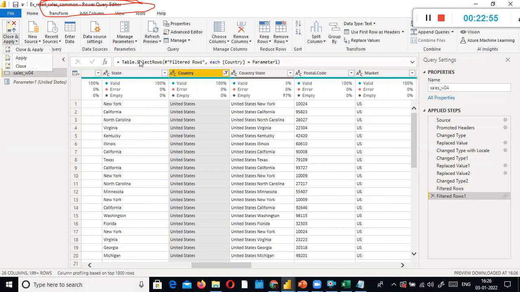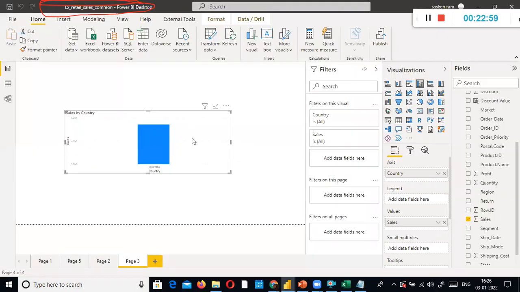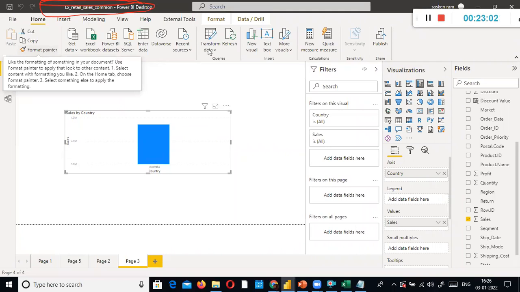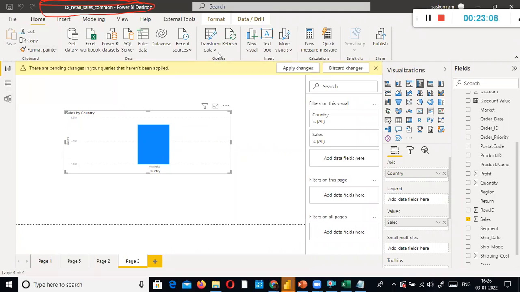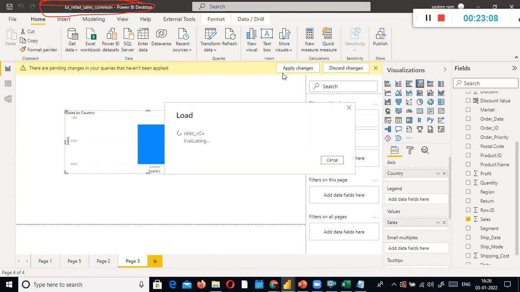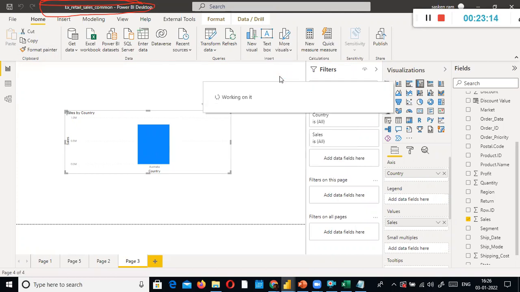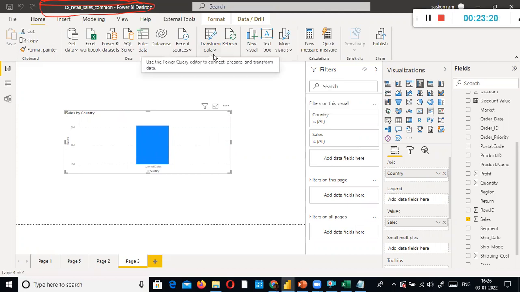Now I'm going to click close and apply. Now what happens? Whatever the value, like the formula. One second. So okay, now United States.